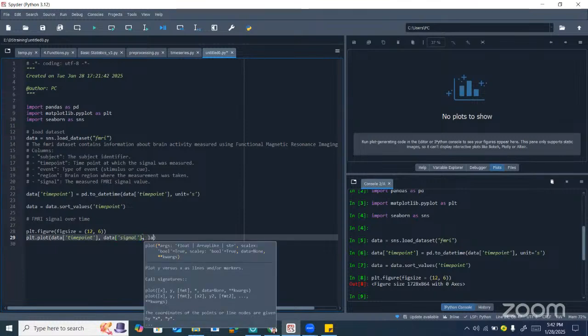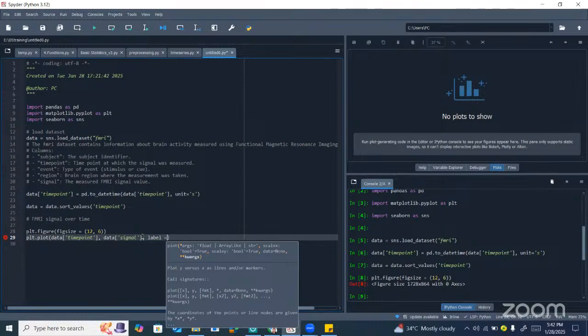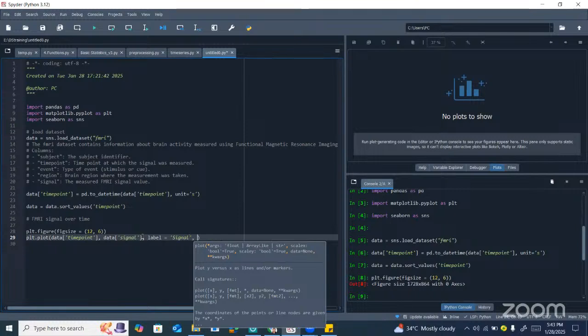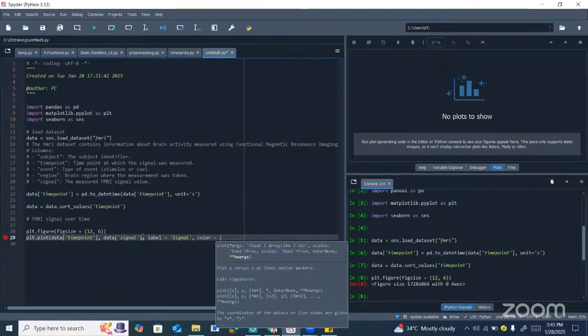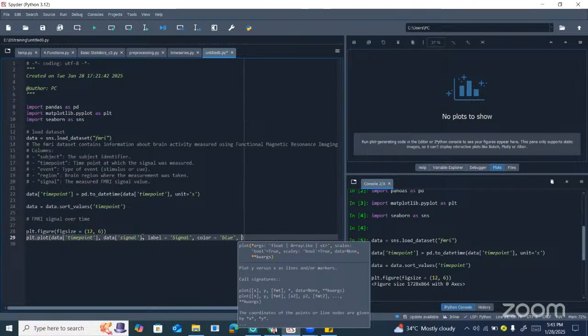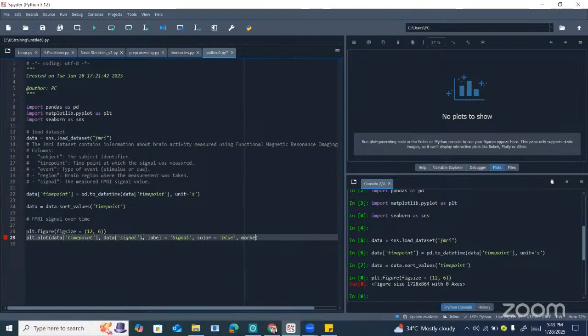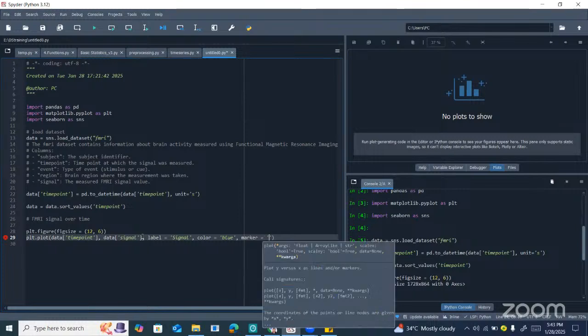Then label. Label is equal to signal. I will put all parameters first and then I will explain this. Color is equal to blue. So here I have given blue color. You can change it accordingly. And one more parameter, marker is equal to